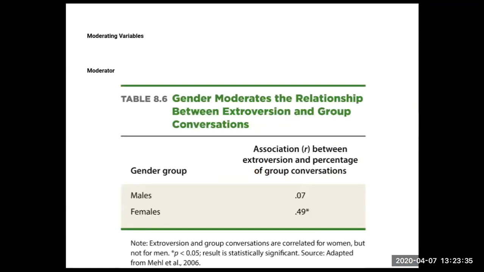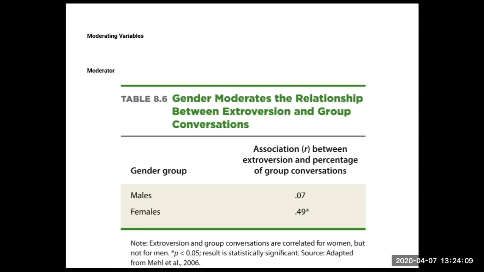What is a moderator and how do we define that? Well, a moderator is one subgroup of people, old versus young, males versus females, things like that, where the difference, if you were to separate them out, would be a huge difference between the groups. If the numbers are very close to the same, you would say that a variable is not moderating the relationship. If the numbers are far apart, like in this table, you would say that gender is a moderator